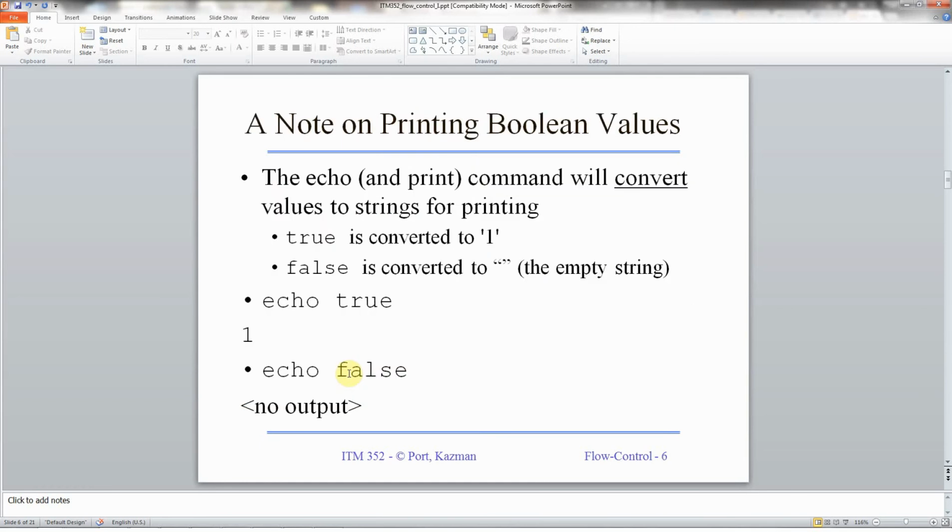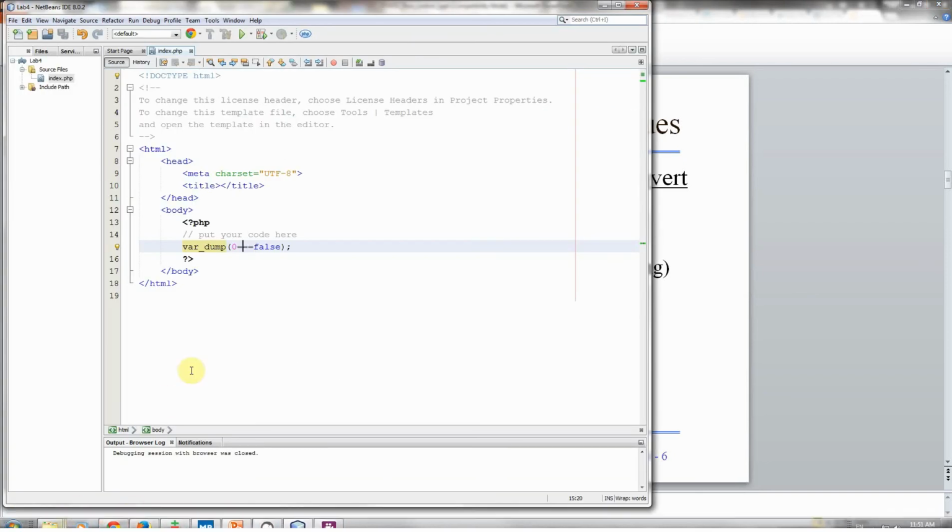When you want to print Boolean values, you have to be careful, because if you echo or print a Boolean value, it's going to first convert it to a string, and then print it out. So the string equivalent of true is going to be 1, and for false, echo gives no output. Let's take a look at that just to show. This is a very common mistake that people make. This is why I used var_dump here instead of